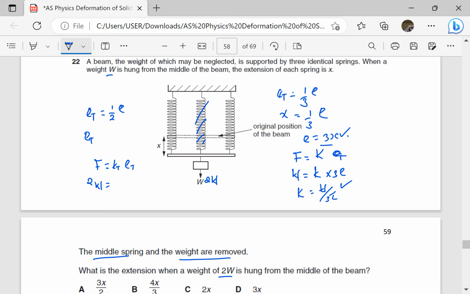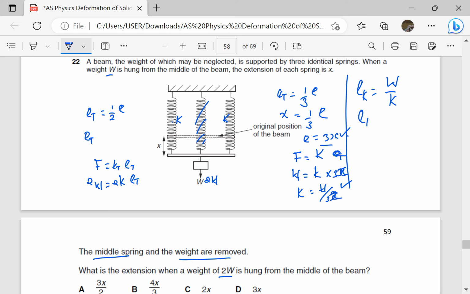and the total constant, because they are in parallel, is going to be 2 times that. If this has constant K and this one has constant K and they're in parallel, the total constant is going to be 2K. So this is going to be 2K times total extension E total. So the total extension, which I'm going to call E total, is going to be equal to, as 2 has cancelled, the weight W divided by the constant K. But remember, the constant K is W over 3x. So when I bring W over 3x here,